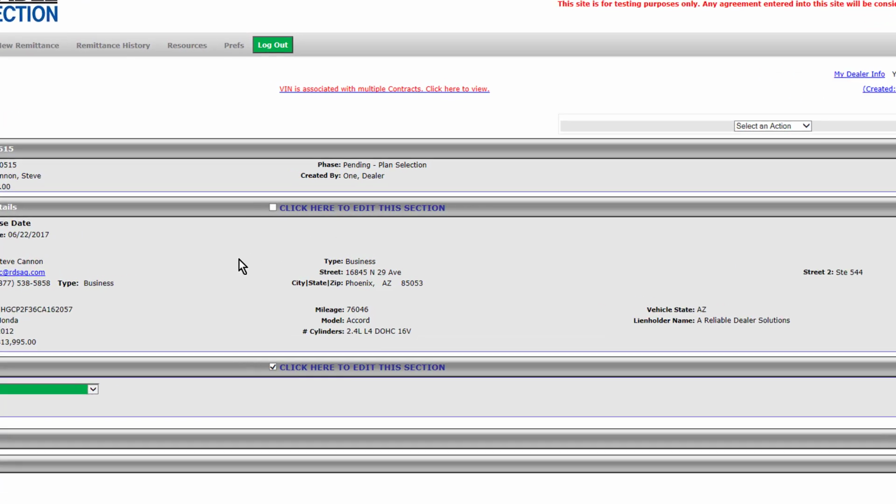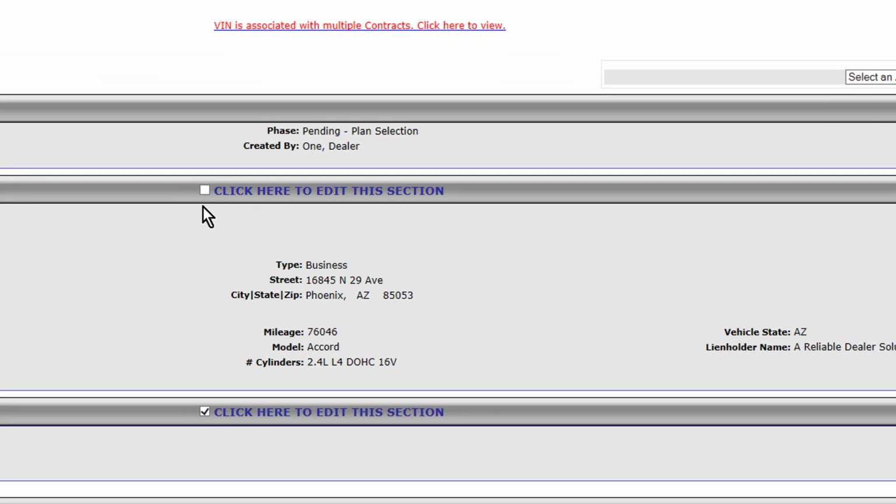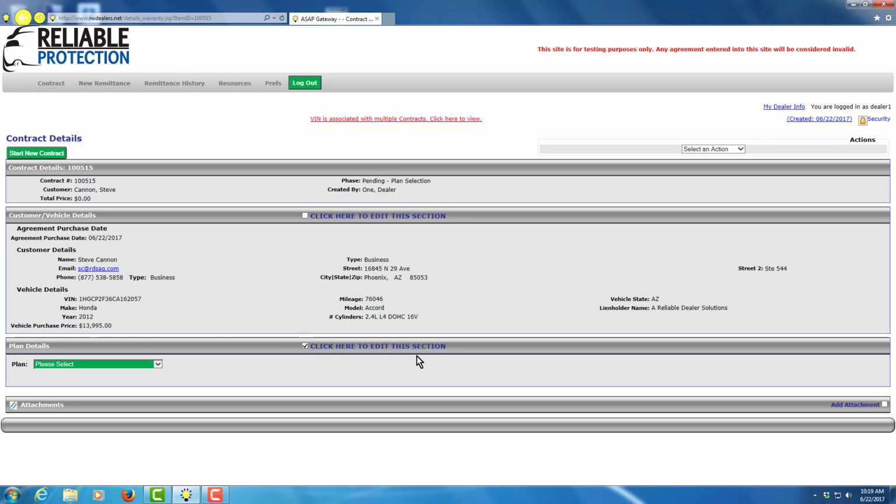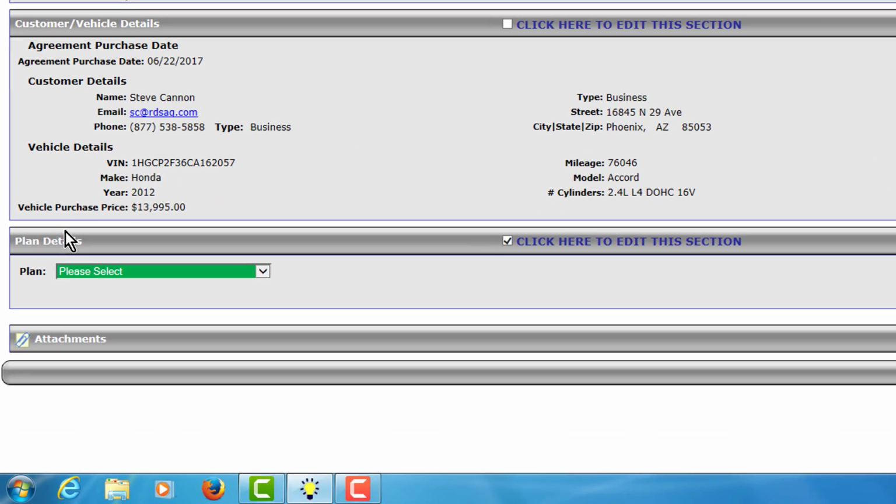At this point, if you needed to change something, you can always click on Edit right here. You can see Edit this section. You could click on Edit. And we're actually editing this bottom section, so it's already clicked for us down here because we haven't picked that plan yet. So we're going to go into Plan Details,